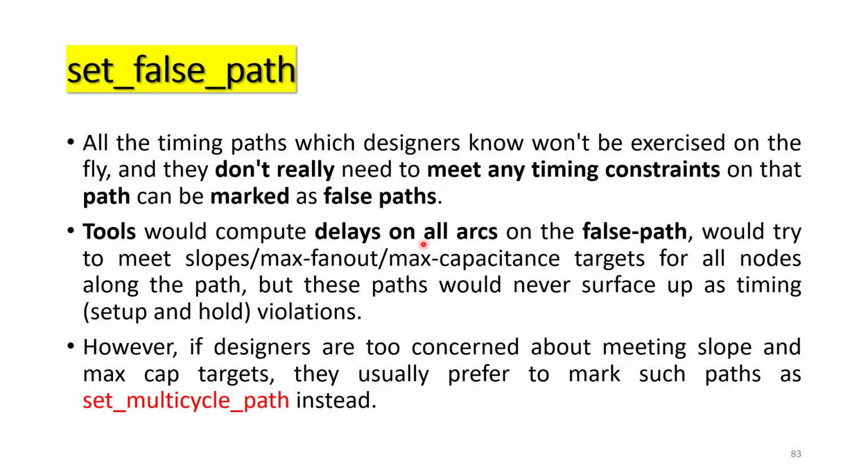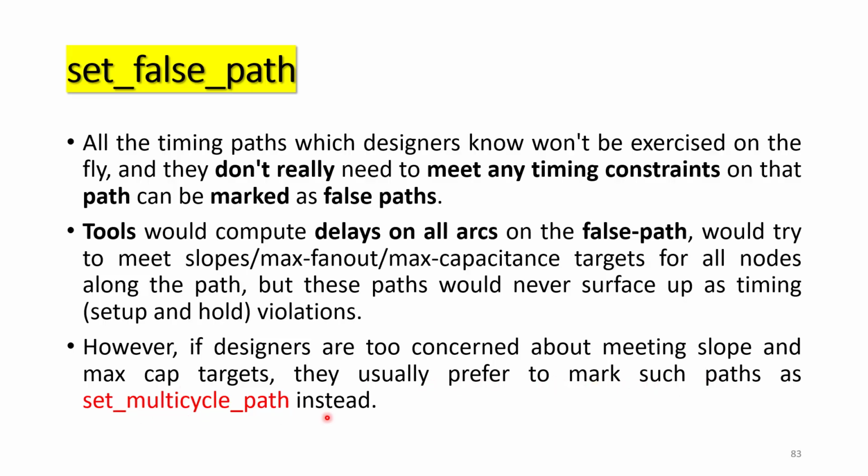Tools would compute delays on all arcs on the false path, and would try to meet slope, max fanout, and max capacitance targets for all nodes along the path, but these paths would never surface as timing violations. Here, timing violations are nothing but setup and hold violations. However, if designers are too concerned about meeting slope and max cap targets, they usually prefer to mark such paths